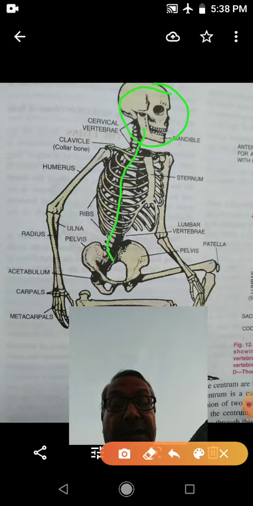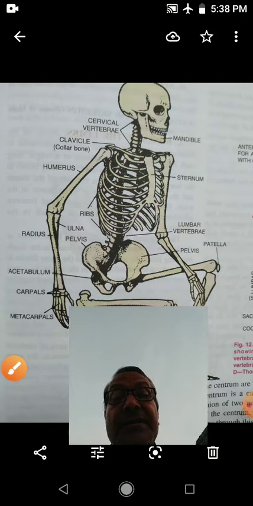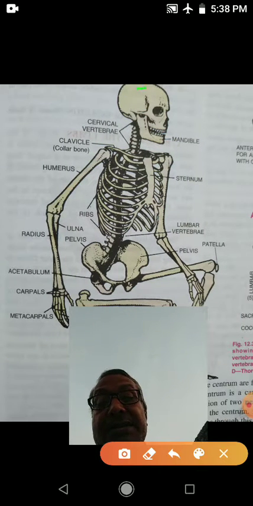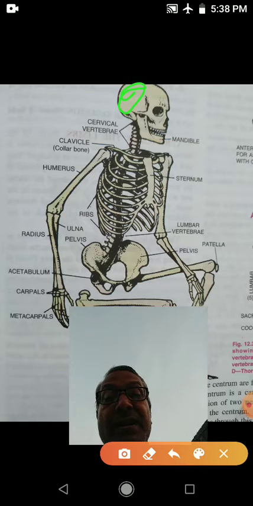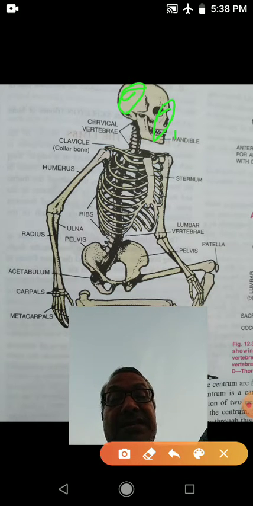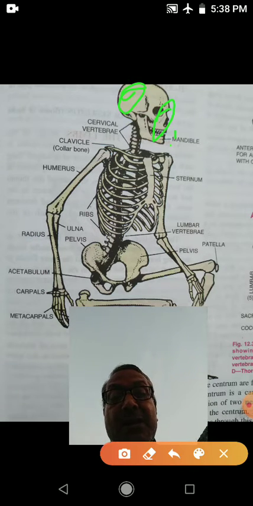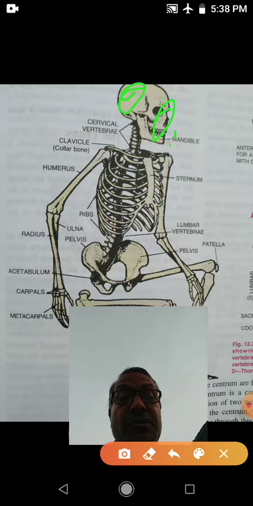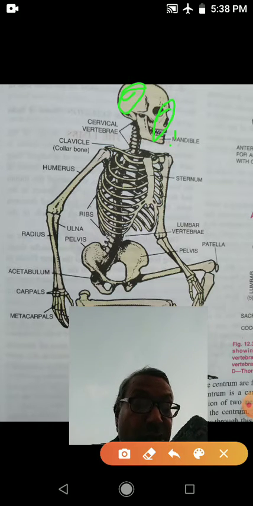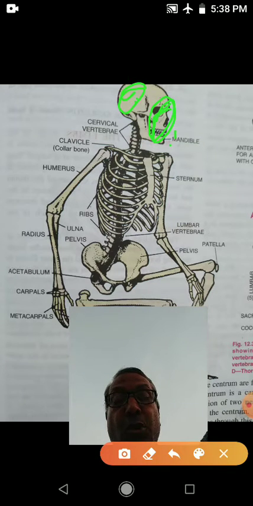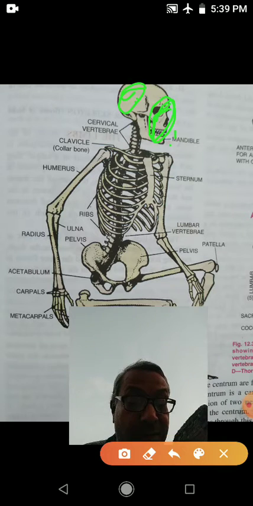So in the human skeleton, you see this portion is the top part, that is the skull. This skull is made up of 8 bones, and this is the face. This face is made up of 14 bones. In that, upper jaw and lower jaw both are present. So it means the total number of bones in the skull is 22. 8 bones form the cranium, which is also known as the brain box, and 14 bones form the face. In that, the lower jaw and upper jaw both are included.